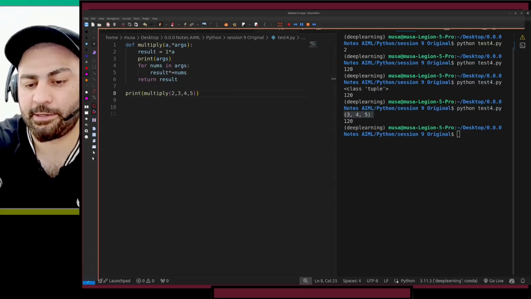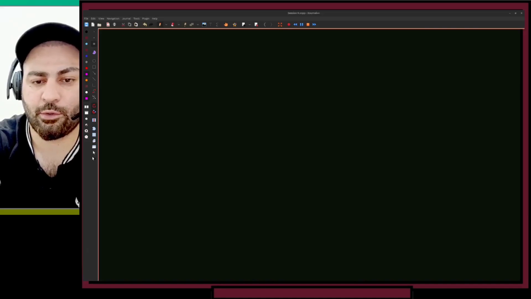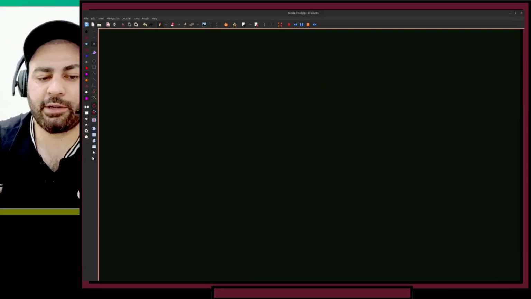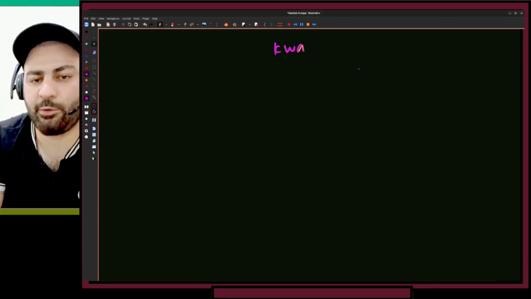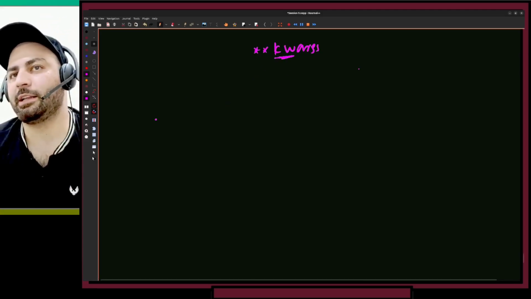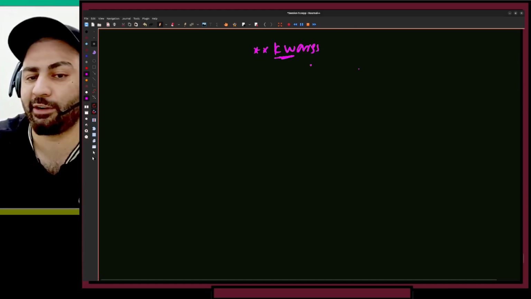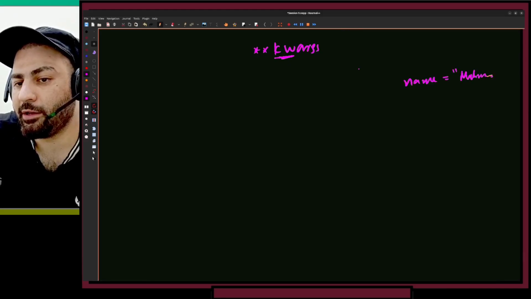Okay, I'll just close this VS Code and go back to our notes window. So the second thing is called keyworded arguments. KW, you might have seen KW. Okay, so it's called kwargs, and here we write double star. Why double star? Because here we'll give keyword also. As you know, keyword is the parameter name, and then we'll say equal to. We have seen keyword arguments. So if you say name is equal to Mahmood, okay, so